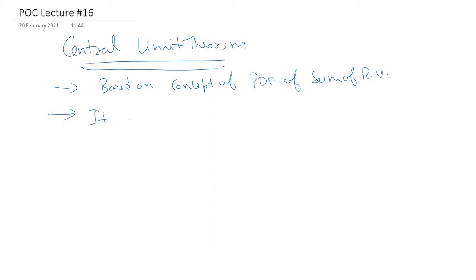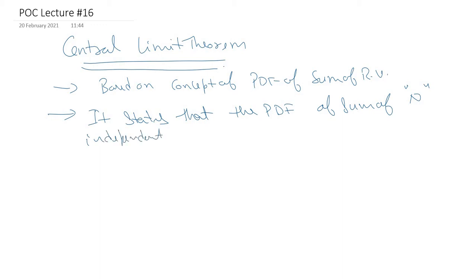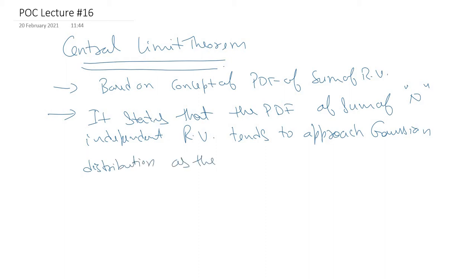It states that the PDF of sum of n independent random variables tends to approach Gaussian distribution as the number n